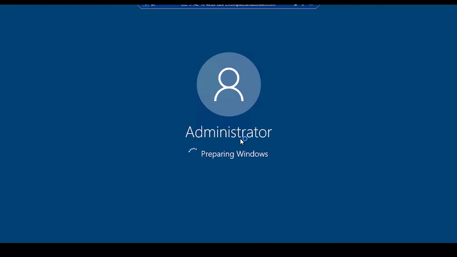Now, guys, it's loading. It is initializing your machine, so it will take a few minutes to boot up. So just wait a while.